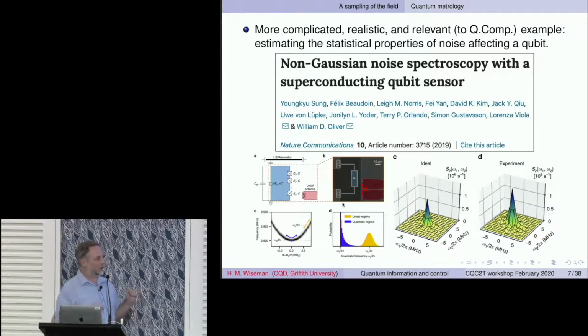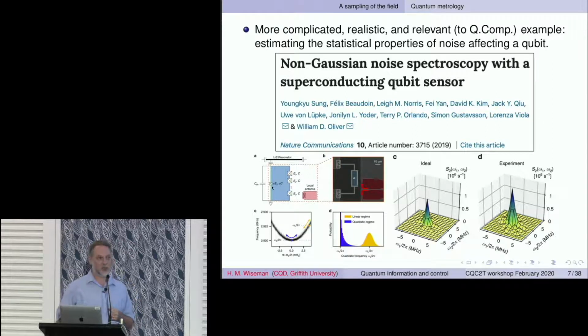The theory for this has been developed over decades, but a lot of the theories make assumptions about the nature of the noise, such that it has Gaussian statistics. But that's, of course, not always the case with real noise in real devices. Some of the theory on this, I think, was done by Gerardo Paz Silva. Yes, over there, with collaborators. And then this experiment was done just last year, published in Nature Comms, which unfortunately doesn't have Gerardo on it. But nevertheless, it's a very nice experiment showing that with non-Gaussian noise, which they engineer in their system,